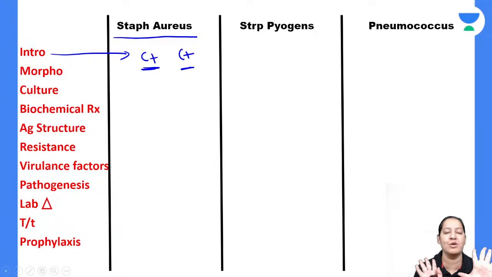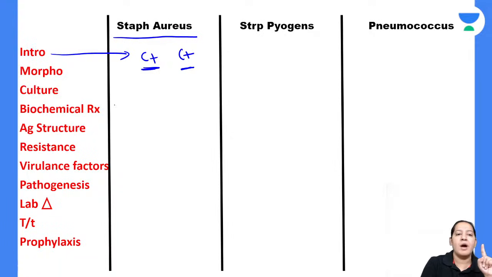You will get many MCQs on this, not the direct ones, but big clinical MCQs. In the big clinical MCQs, you have to gather the clues. It will be written that there is a patient, 42 years old, having these symptoms. We have taken the specimen from the pus. We have found a bacteria which is coagulase positive and catalase positive. So it should be in your mind that the bacteria which is catalase positive as well as coagulase positive has to be Staph aureus. Give me a thumbs up.